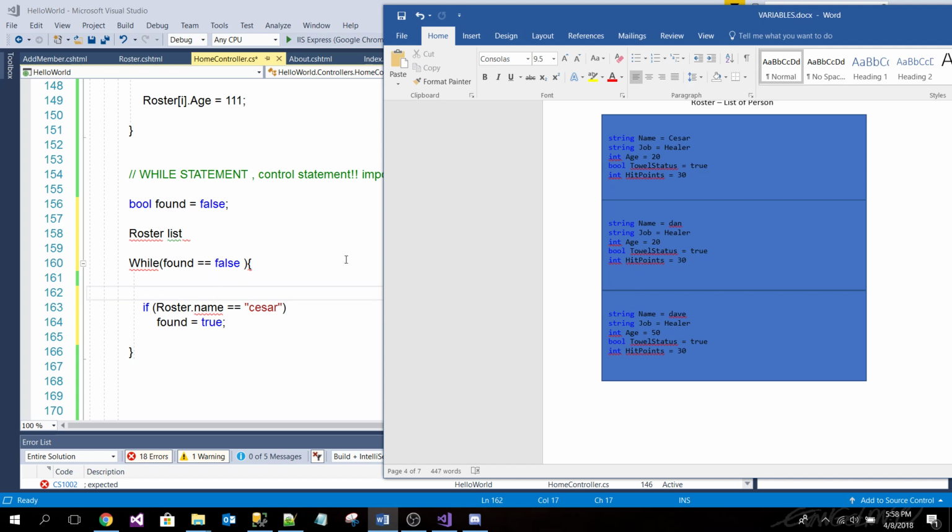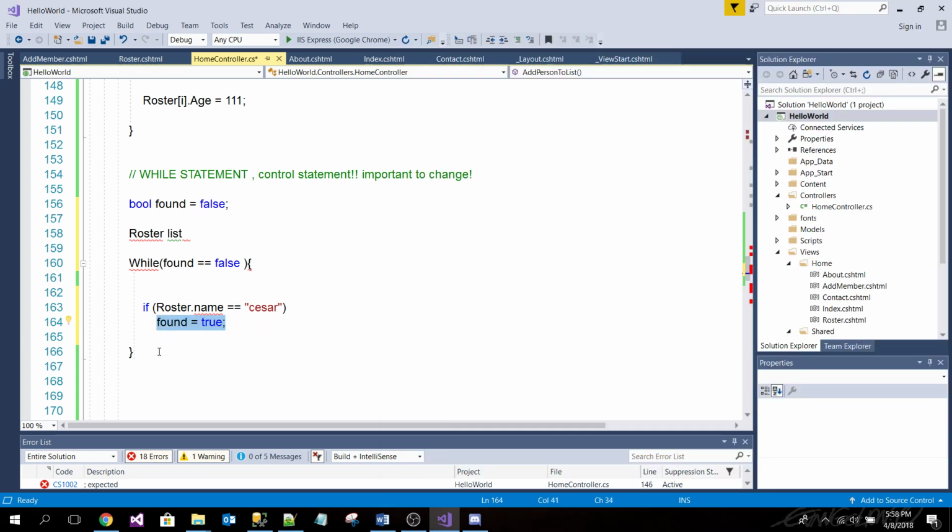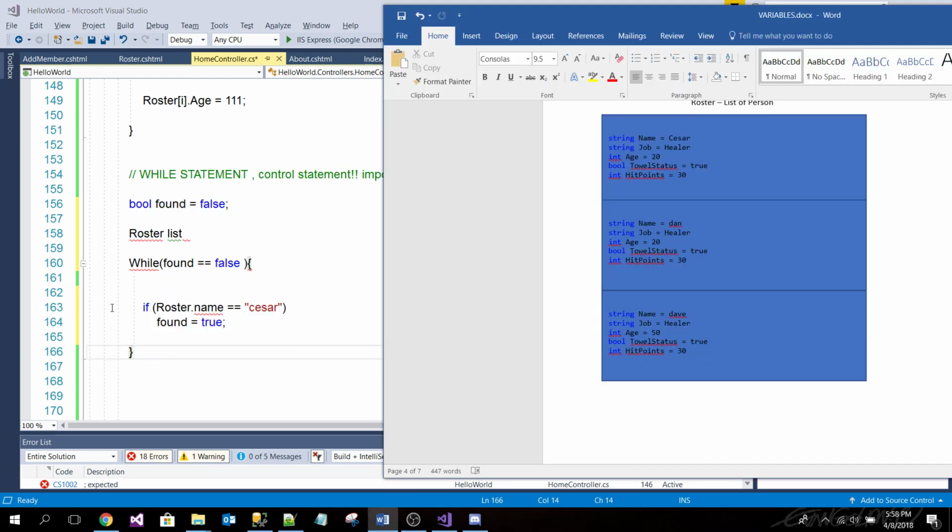We go blip. Is roster name equals Caesar? No. We go again. Is found equals false? Yes. Okay, we go in, go up. Is roster name equals Caesar? Yes. Then we go in, we set found equals true. And then, is found equals false?